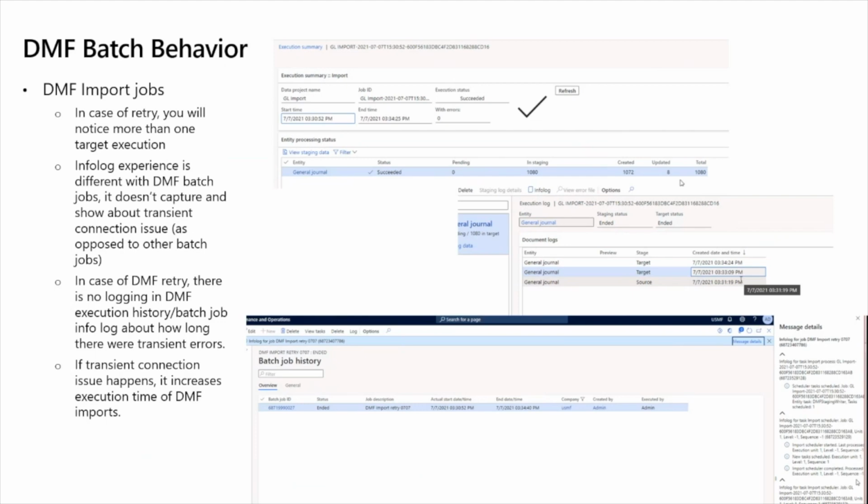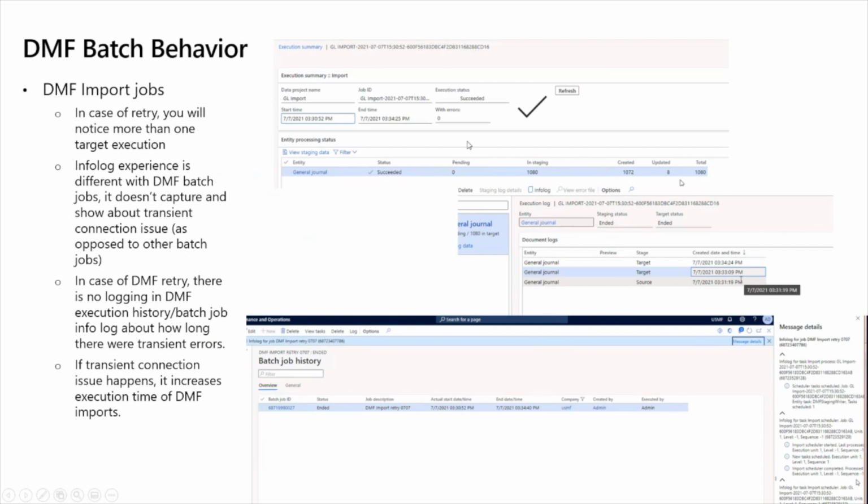Now, how do we explain to the customer, or as a customer, how do I check whether it is slowness in the data load today, or because of the retry that happened due to SQL transient issues? You can see it from the execution history. As you can see here, there are two staging to target operations happening. One is when the system started, then I had a failure, then the retry happened, and then we got the finished one.